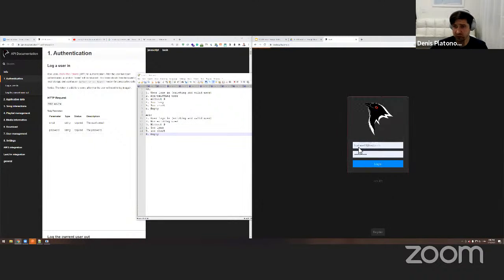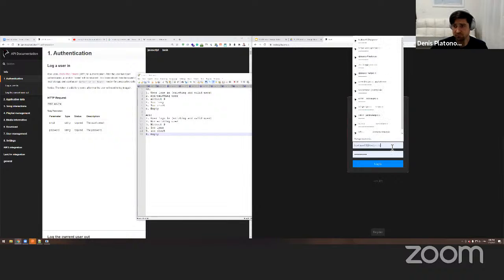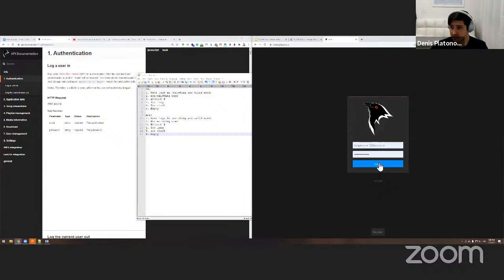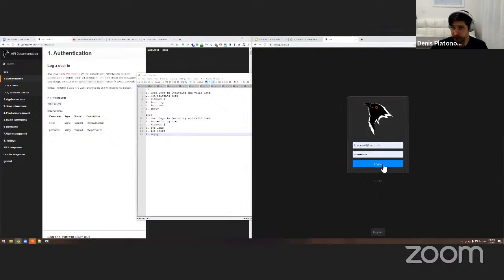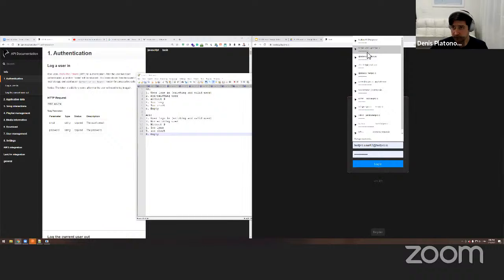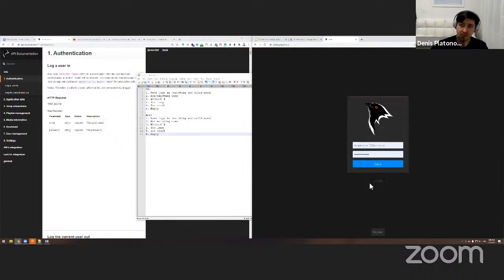When you click login, what's going to happen? Okay, it's an incorrect password probably, or something. Hold on, let me figure out which one it's going to be. It seems like I'm running out of credentials here. Well, you guys will help me. But basically, when you do all of that, you should be logged in.